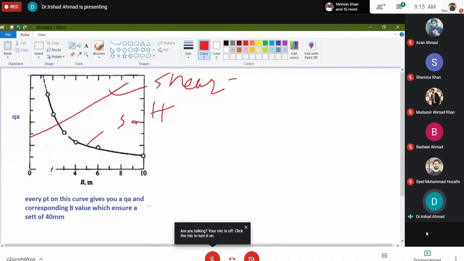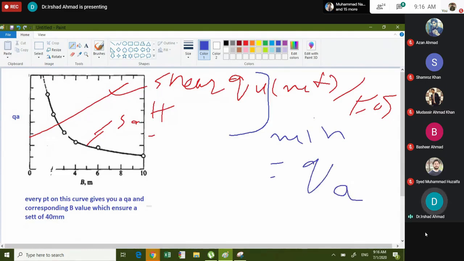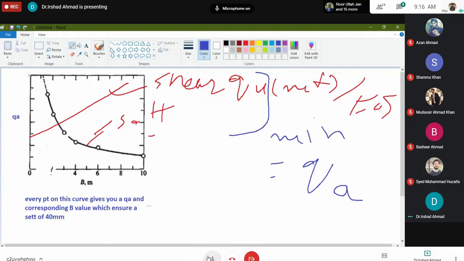तो देखें, ये शेयर कर्व जो है दैट इज Q अल्टीमेट नेट डिवाइडेड बाय फैक्टर ऑफ सेफ्टी, और ये जो है ना सेटलमेंट क्राइटेरिया का है। इन दोनों में जो मिनिमम होता है दैट इज Q अलाउबल। अब बताएं इन दोनों में मिनिमम कौन सा है? ये शेयर है। देखें यहां पे शेयर मिनिमम आ रहा है, यहां पे सेटलमेंट मिनिमम आ रही है।